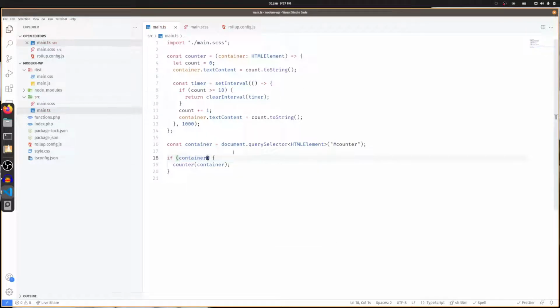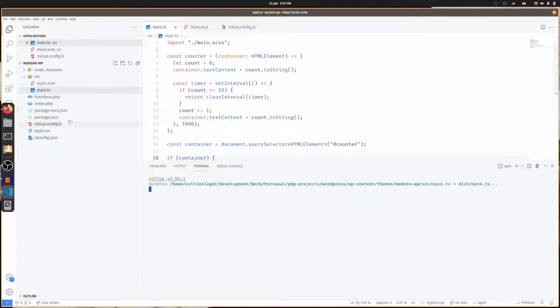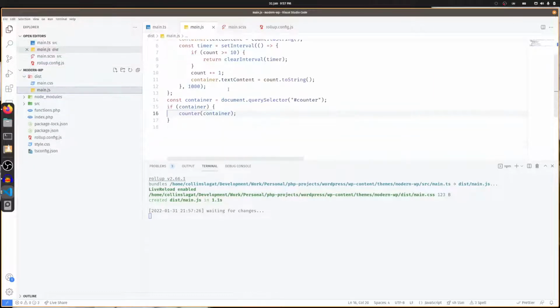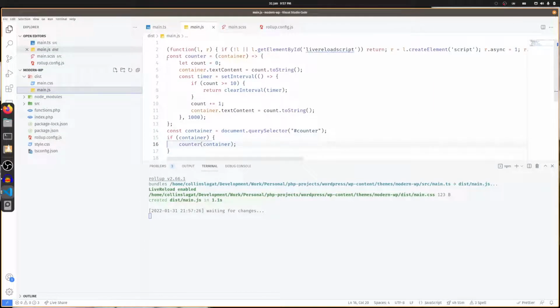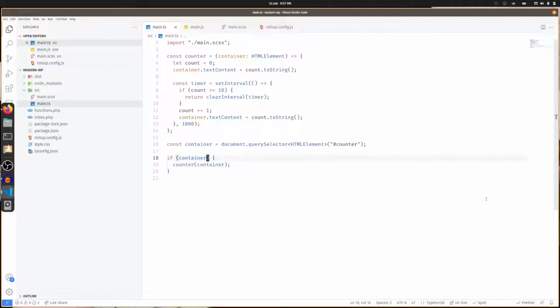So you can see it has removed those annotations. Ignore whatever is here. This is just for the live reload script. Another feature of TypeScript is